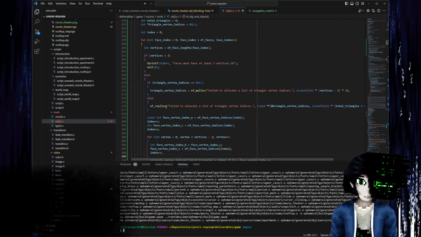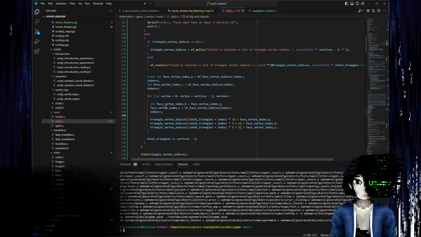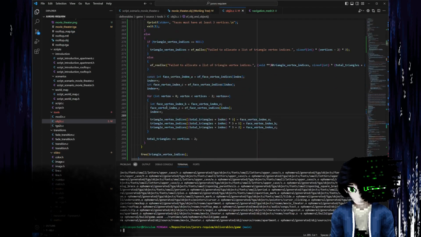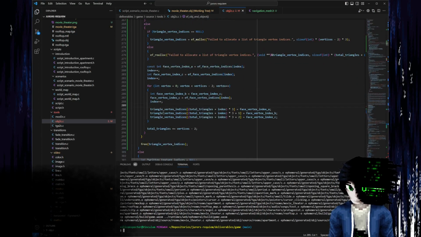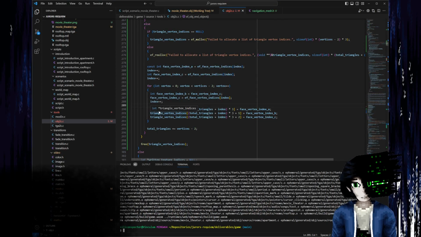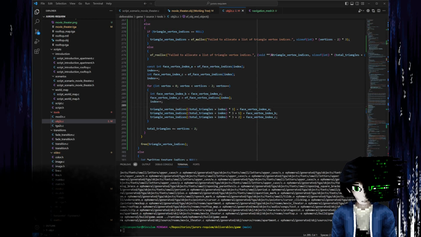So next up, we need to actually start comparing all these triangles and figuring out where they intersect and which edges. There's probably an efficient way of doing this. However, most of my nav meshes are going to be very tiny, and I can probably get away with